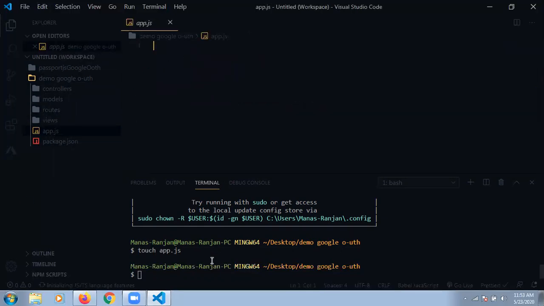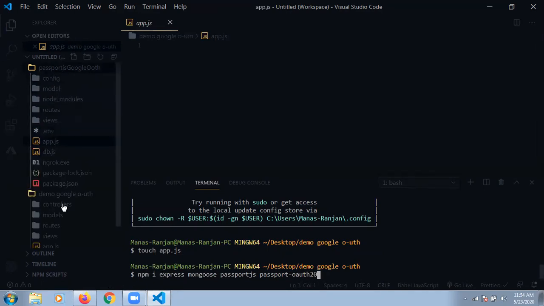This is the main. Before writing any code, I am installing some npm packages, that is npm i. The first one is express, the second one is mongoose, the third one, as I already told, is passport.js. The next one is the passport Google OAuth 20 package, something like this.